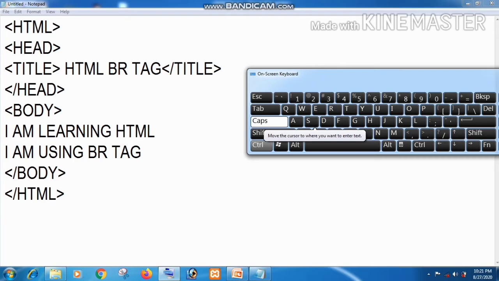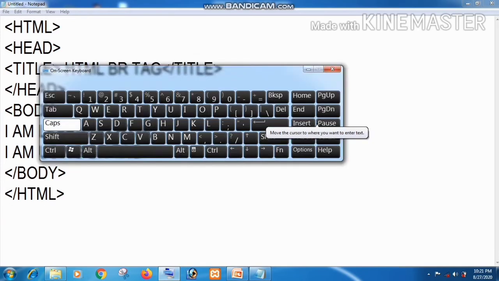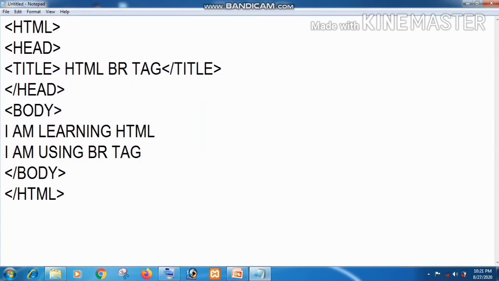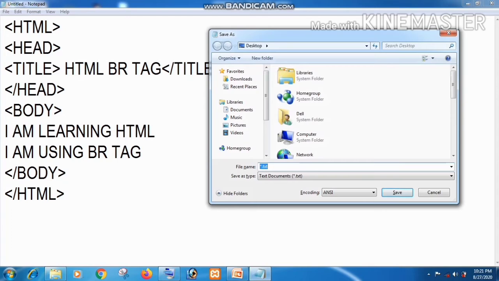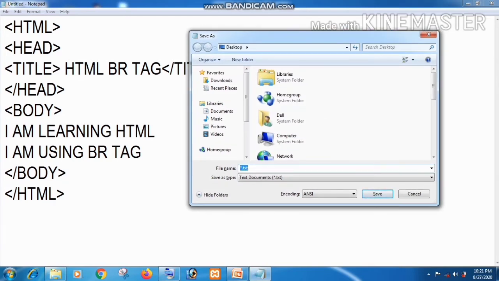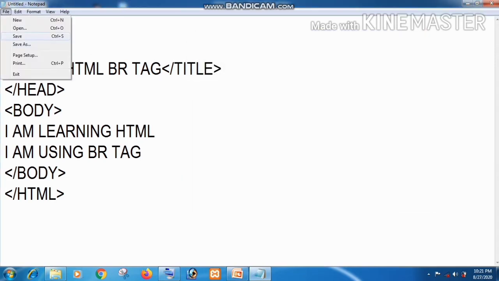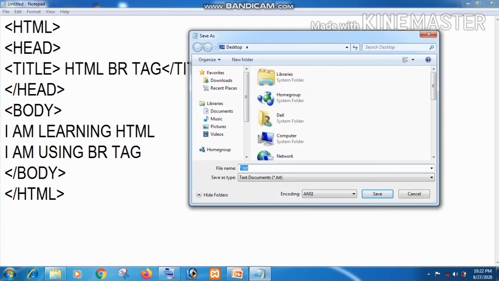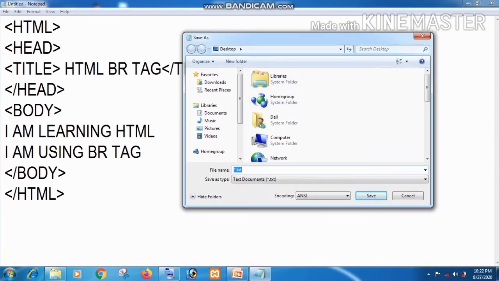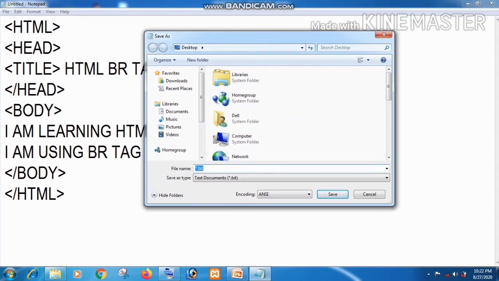So from the keyboard we can press Ctrl plus S together to save the file, or go to the file and click on save, and then we will get a save box. So there are both options.